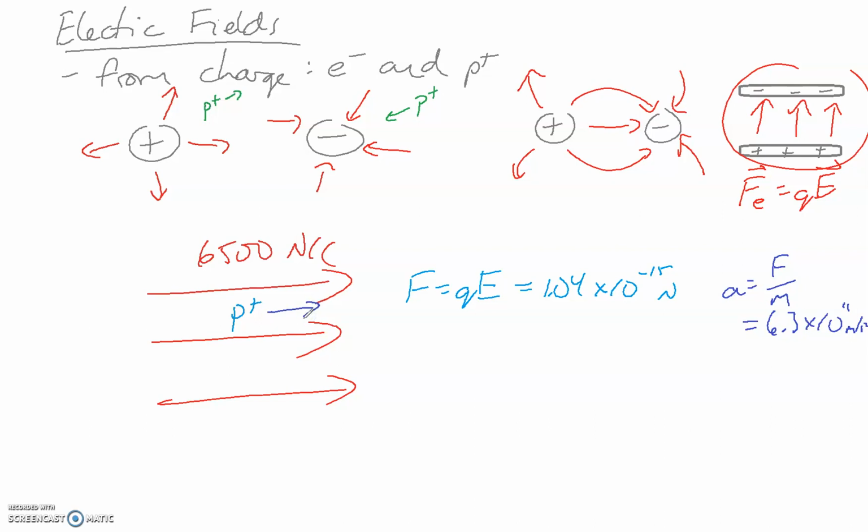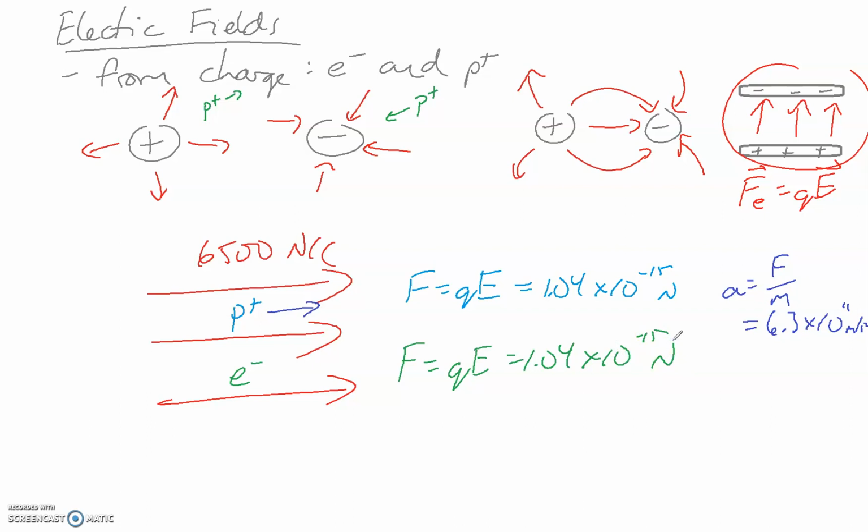And if you had a parallel plate, there would be a positive plate on the left and a negative plate on the right, and the proton would be attracted to the negative plate. Now you can do the same type of thing for electrons. You guys did the same thing for electrons last year. Force-wise it would be the exact same thing, because the charge is the same. You'd have the exact same force